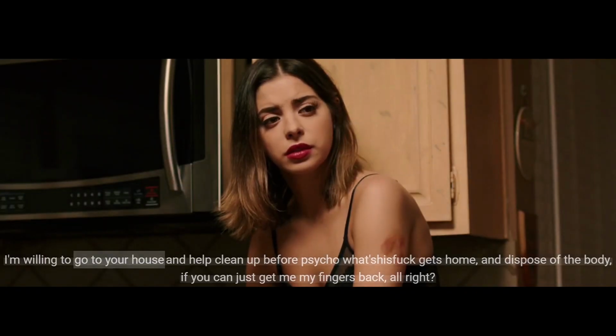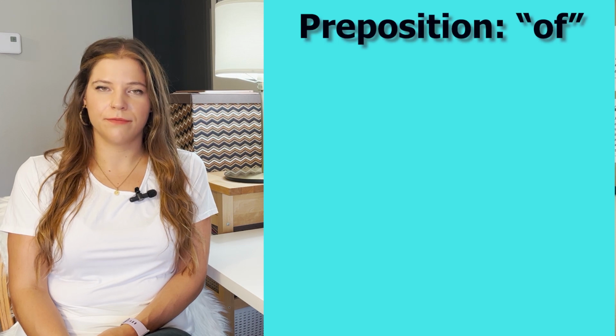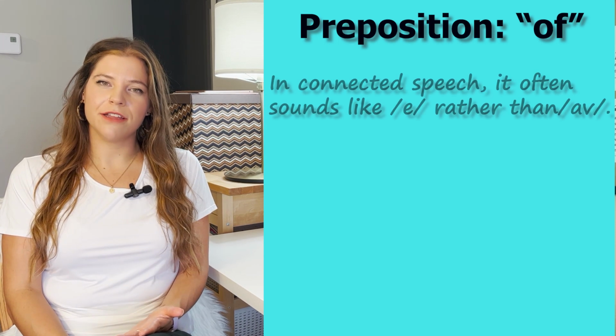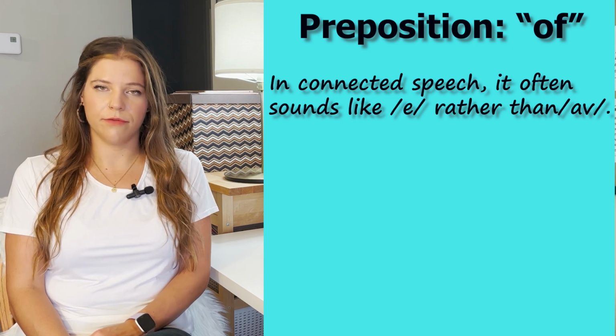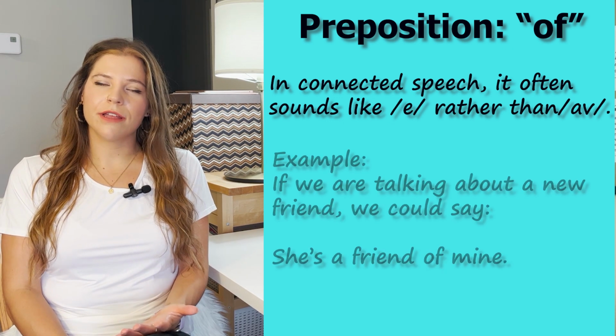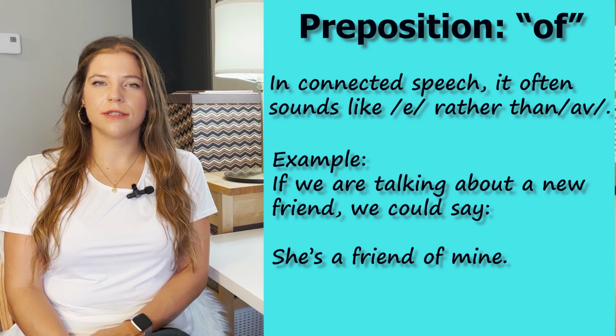Go to your house. Another preposition that sounds different when we speak fast is the preposition of. In connected speech, of often sounds like a rather than of. For example, if we're talking about a new friend, we could say,